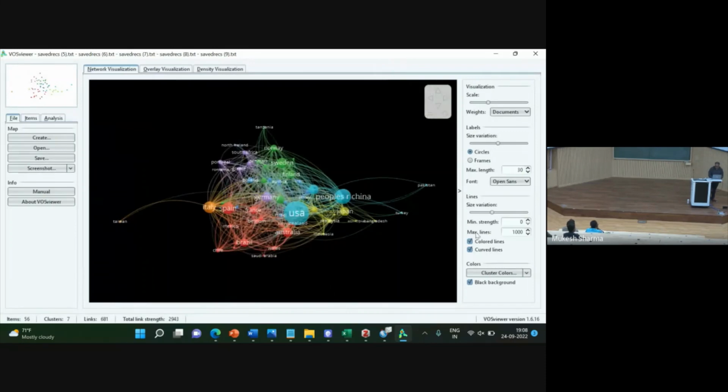And then what we can do is highlight which of the countries are more prolific. The lines, size variation. The USA is working a lot in this area. You've got People's Republic of China, you've got Italy, you've got Spain. Now you can also see,